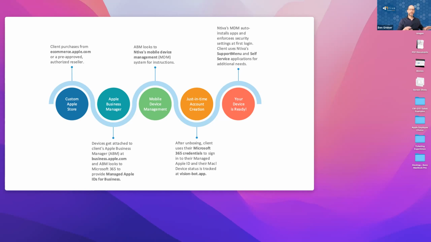So this is the overall concept. You've seen this before. I've shared it, I've talked about it. I want to break it down step by step. The first is where you purchase. This is super critical, because the only way zero touch will ever work is if when you purchase, Apple knows that you are authorized to make that purchase in the zero touch workflow. Meaning, if I just go to any random Best Buy and buy a Mac, there's no way that Apple will know